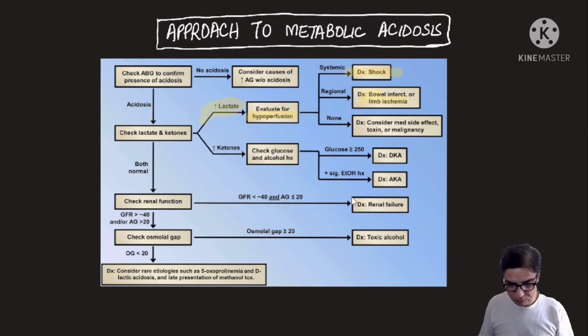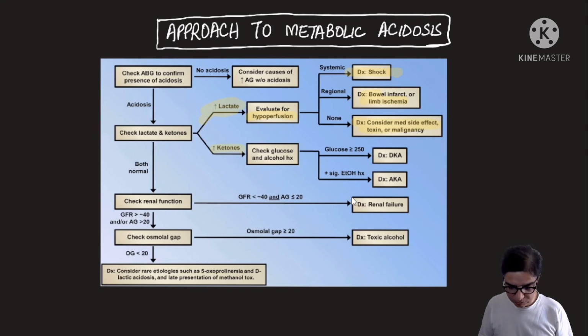If you don't find any systemic or regional reasons for hypoperfusion, then you should consider any side effects of medication, any toxic ingestions, or sometimes maybe even malignancy as well. If the lactates are normal and ketones are high, obviously then you have to check for glucose,